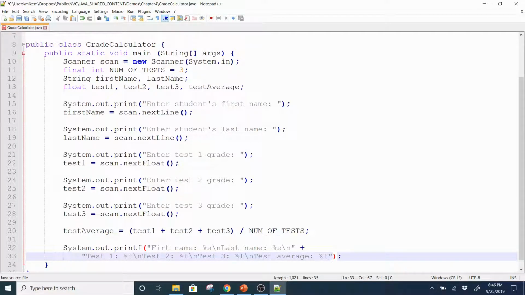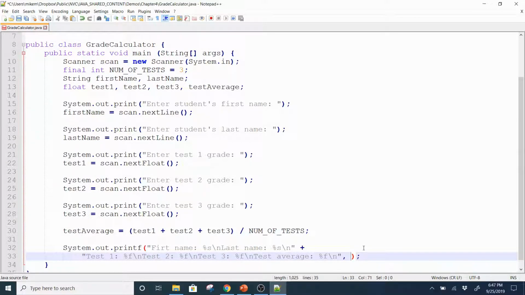All right, so the way this method works, the printf, is you're going to make a string where you give an indication of what type of data you're going to insert, and then you're going to add in additional parameters. So I'm going to do a